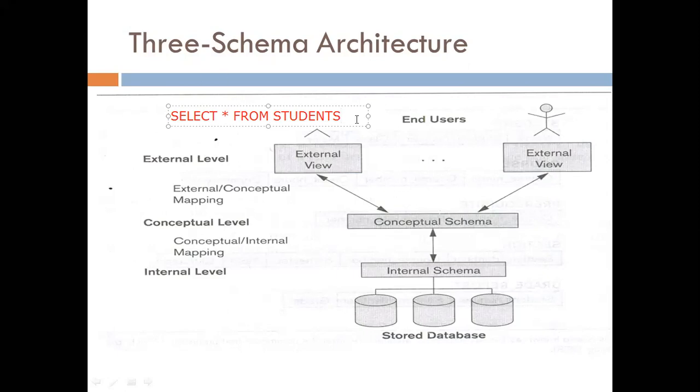So this is one command. What this command does is it will get details of all the students that are present in the student table. This user will issue this command, and only this command is issued. The user need not worry about where the student details are present and how they are stored in the storage or the hard disk.